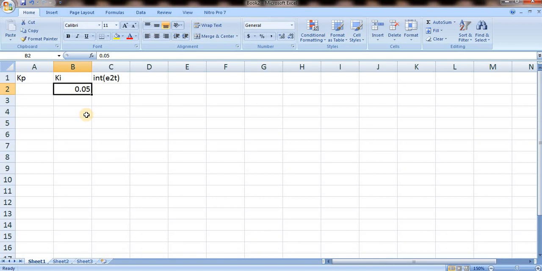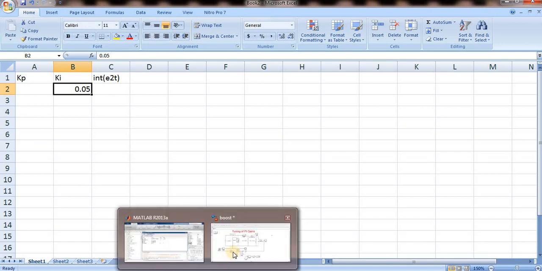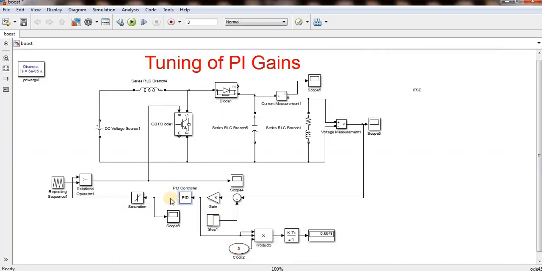If it is in per unit, your maximum value is up to 1. So I take 0.05, and if it is an actual value you can go up to whatever the desired value is. But if the error is very small, then only you can get the accurate value, because I require my output to be 0 to 1. I don't want my output to go beyond 1, because my duty cycle restriction is up to 1.